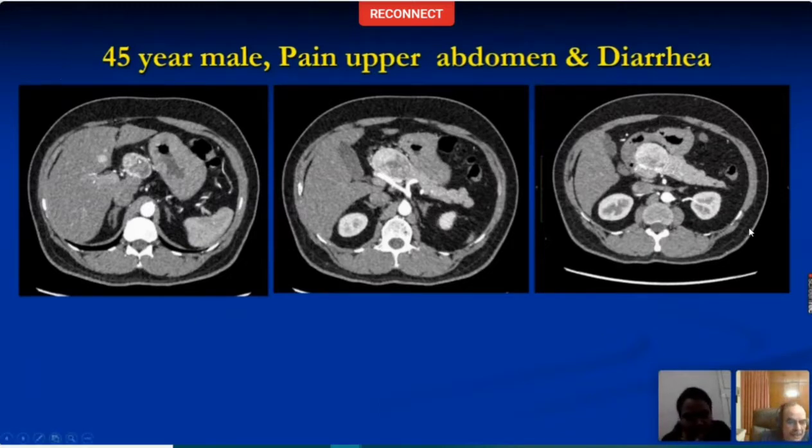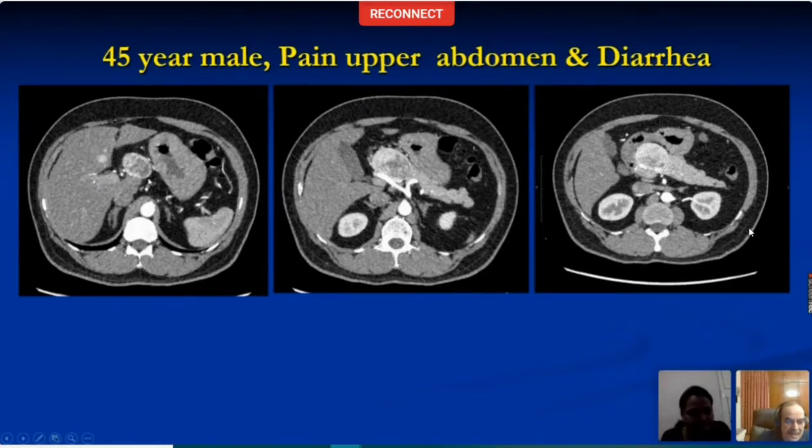So she's obviously talking about this lesion here. Yes, sir. Anything else? Any other comment on this image? Okay, so if you see the next image, this lesion is sitting on top of the celiac axis bifurcation. There's another very important finding here, that there is a hyper-enhancing lesion in the liver as well, right? Yes, sir.